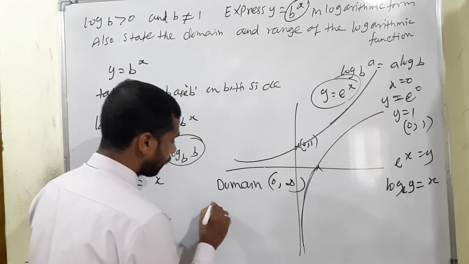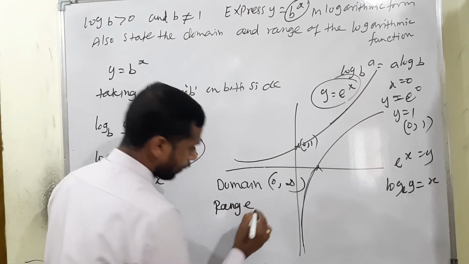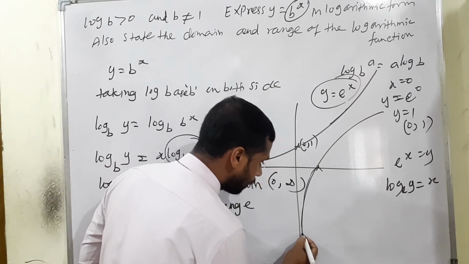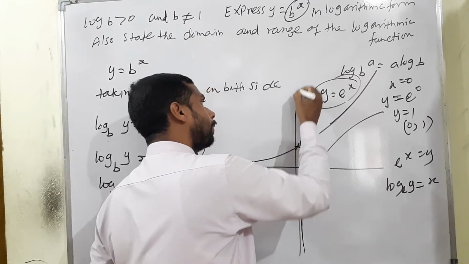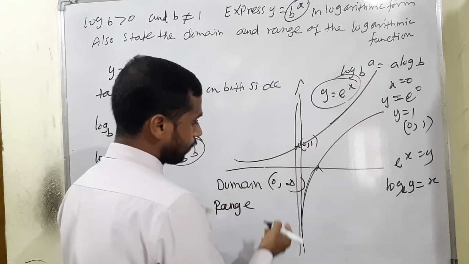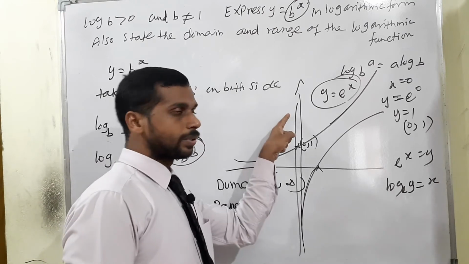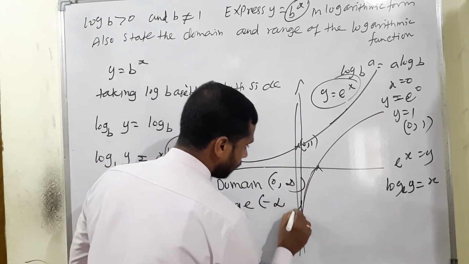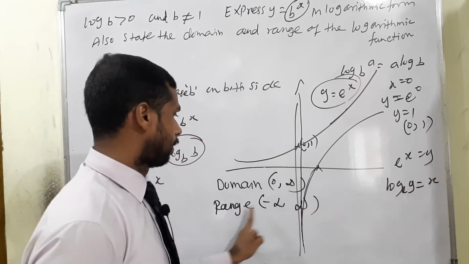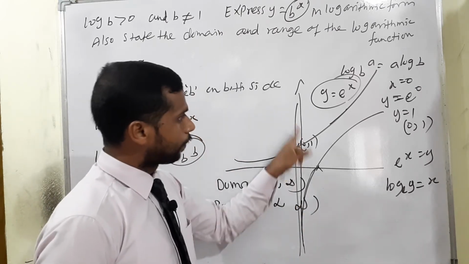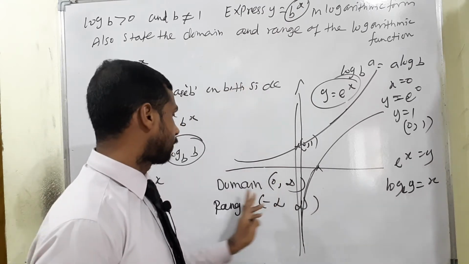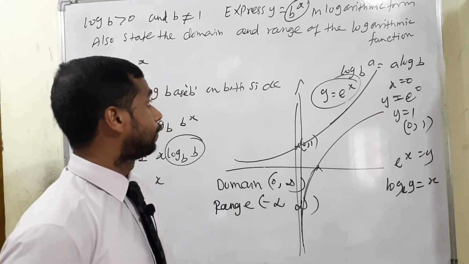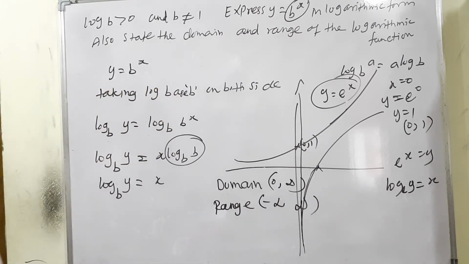At the same time, the range. Also in your book, just look at it there: the term will start from minus 3. Minus 3 means it will move straight forward, unstoppable, it's going on. That's why we can say the negative values are included and the positive values are also included. Therefore, the range we can consider is minus infinity to positive infinity. So open bracket, in between negative to positive, it's moving on, unstoppable. This is the answer: the domain is 0 comma infinity, the range is minus infinity comma infinity. Okay, I will continue to the next problem.